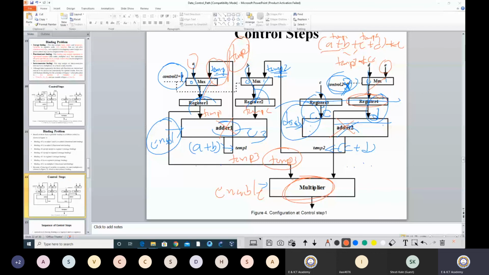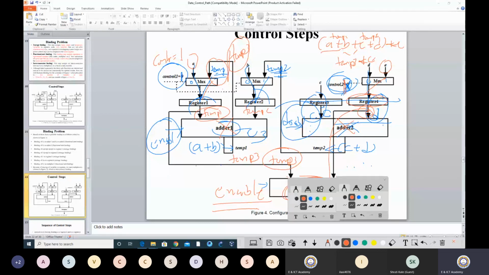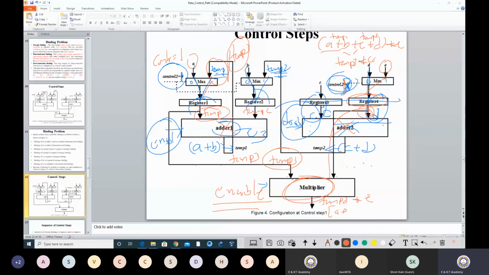So E, I have chosen this register, so I have to latch it here, and here also I have to latch it. That means in the third time step my control 1 will be 1, and here control 2, which I earlier kept as X, will now also be 1. So control 1 and control 2 both are 1, so that will ensure that temp 3 comes here, here my register will be E, this E value will go, and this E value will come directly here. Now this multiplier is enabled, so it will accept both the inputs temp 3 and E, and it will give the multiplication and produce the answer temp 3 into E, which is nothing but my A plus B plus C plus D into E.